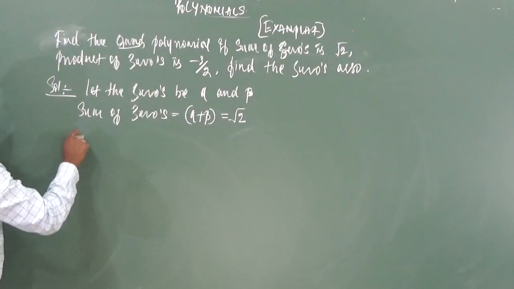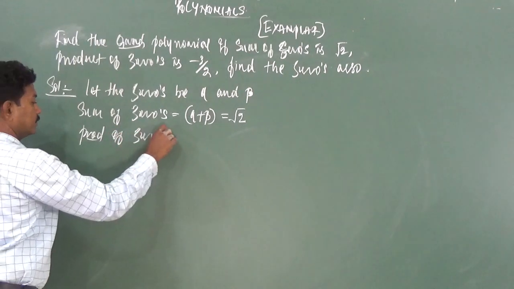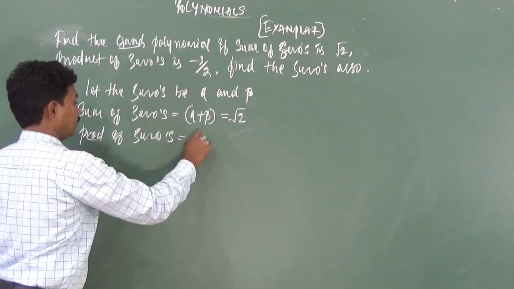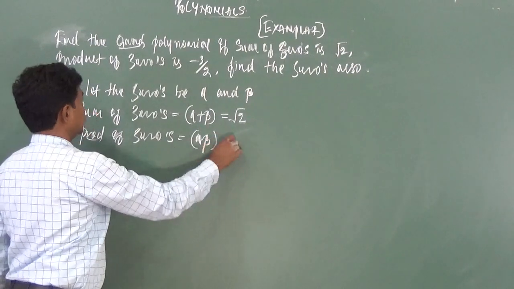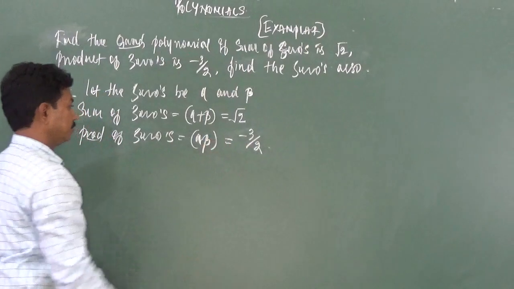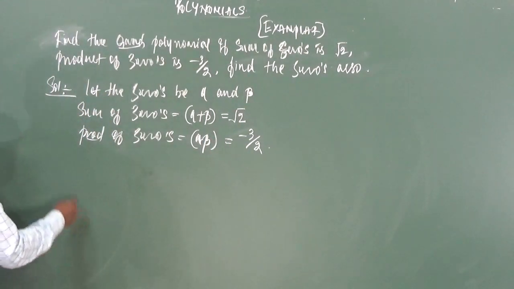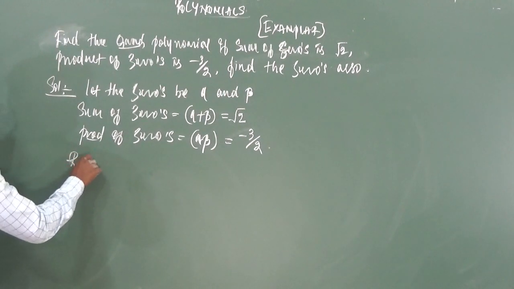Next is the product of the zeros. Very simple. Product of zeros is equal to alpha into beta, that is minus 3 by 2. Very simple. So we have got the data here. So now we will write the required polynomial. So required polynomial is